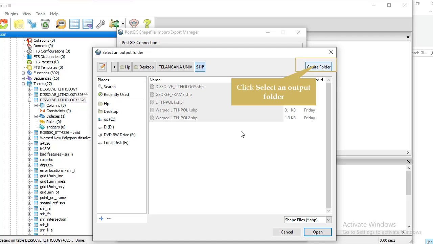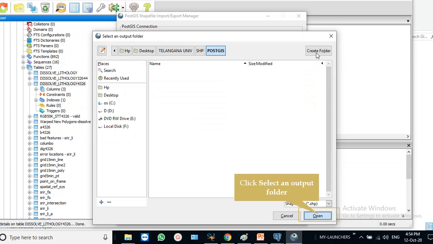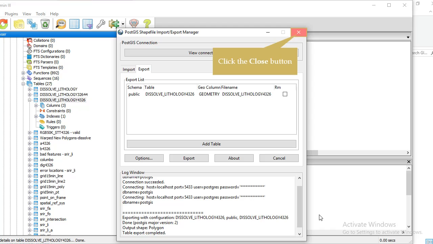I am saving here. Sorry, it was asking for a folder for the shapefile. Create a folder, maybe a PostGIS folder, and open. So here the system informs that the table export is completed. Closing it